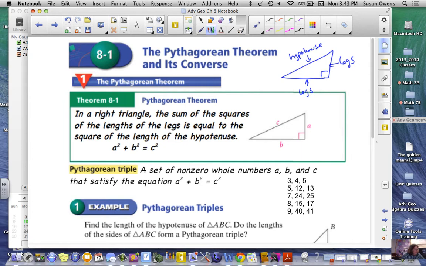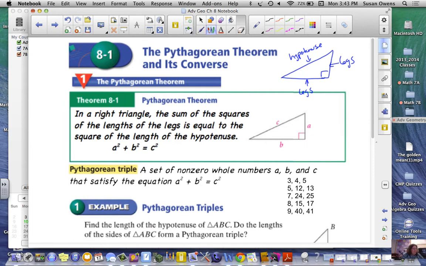So we have some special numbers. They're called Pythagorean triples. Pythagorean triples are a set of non-zero whole numbers, so no fractions, no decimals, no radicals, such that a, b, and c satisfy the equation a squared plus b squared equals c squared. So they all have to be whole numbers that satisfy that. I wrote down some common Pythagorean triples, so 3, 4, 5; 5, 12, 13; 7, 24, 25; 8, 15, 17;